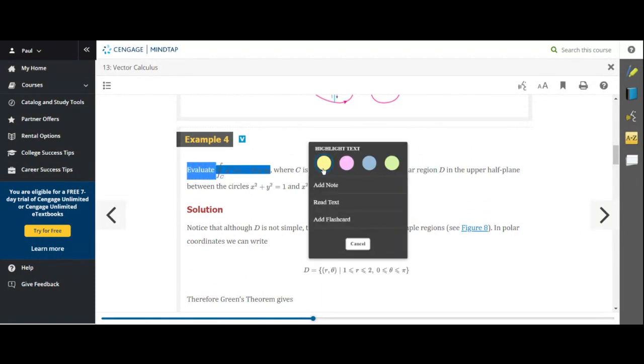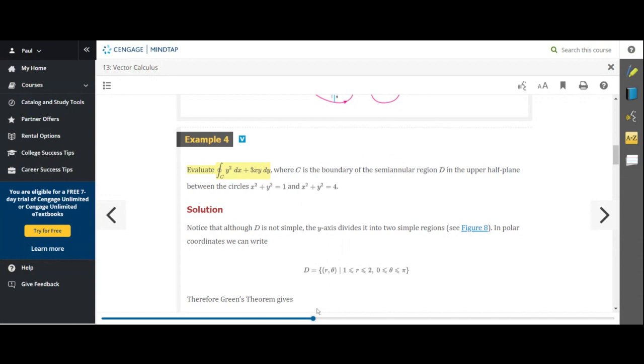Again, they want you to compute this. What does this really mean? What are we finding here? Well, it's the sum of two line integrals, one with respect to x and one with respect to y. That's just notation. But what we're really doing in example 4 is computing the work that the force field